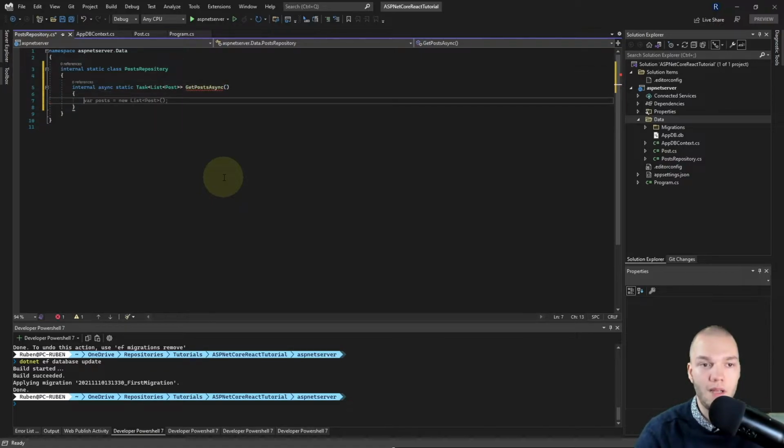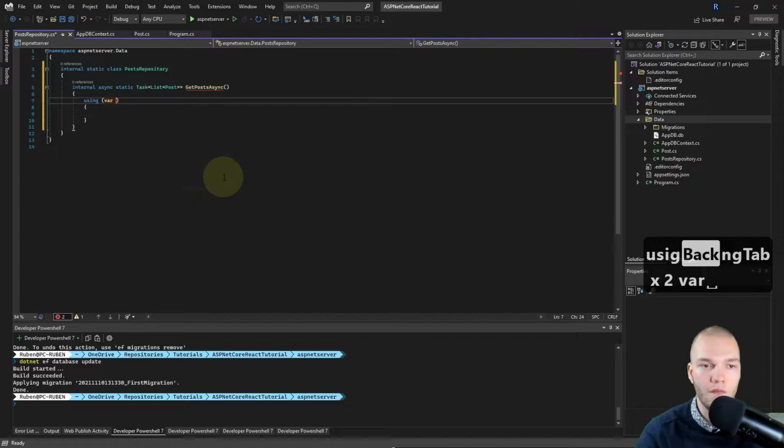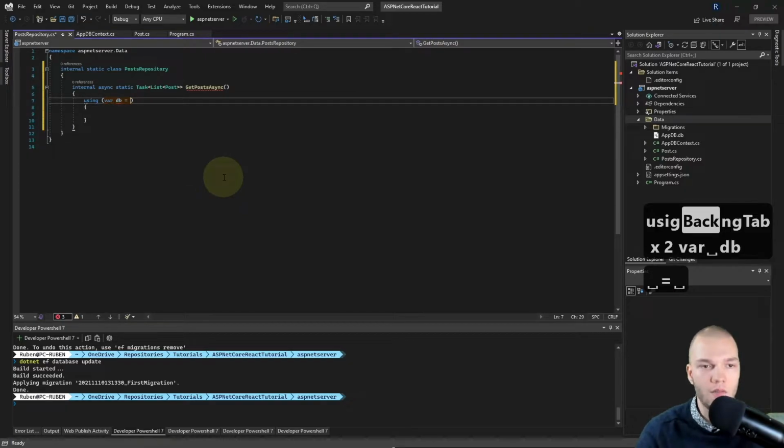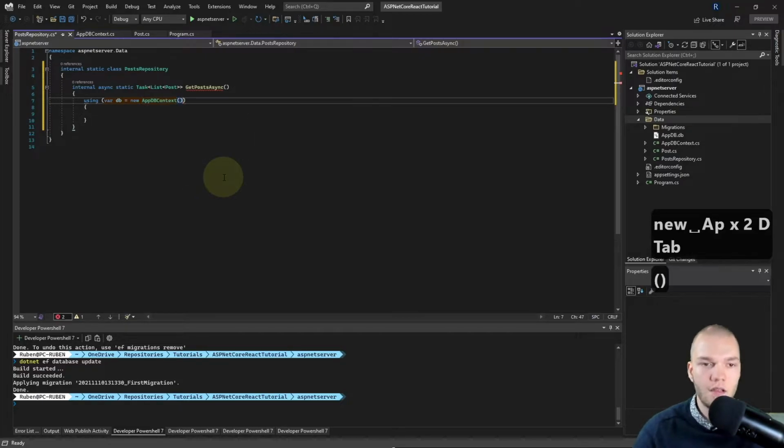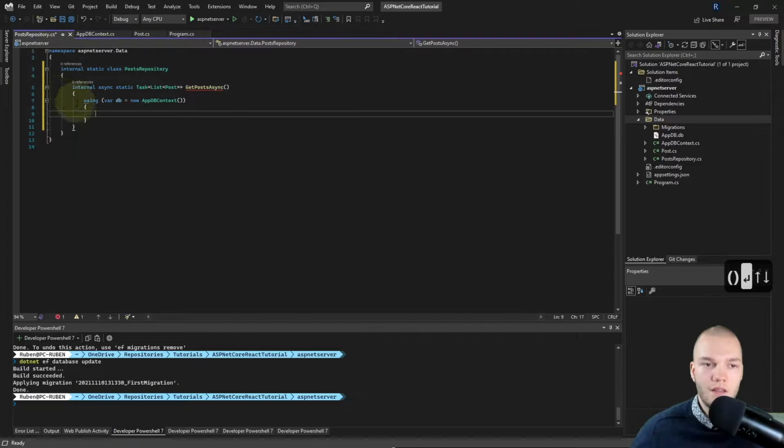Right, then for the method body I'll do using var db equals and then a new AppDB context. And this little using thing is the right way, I believe, to use your DB context. That makes it so that it's cleaned up by the garbage collector more efficiently after use. Don't quote me on that. But I believe I read in the Microsoft docs it's more efficient this way.